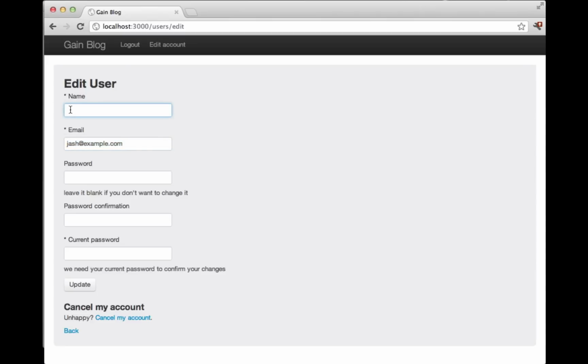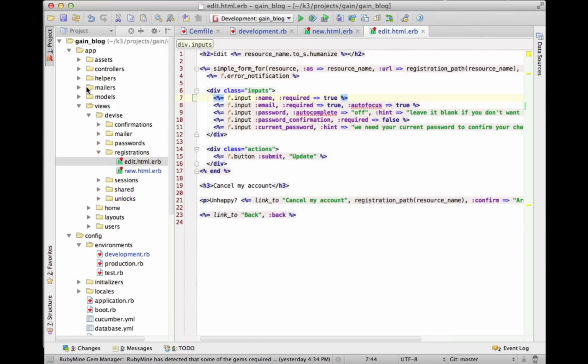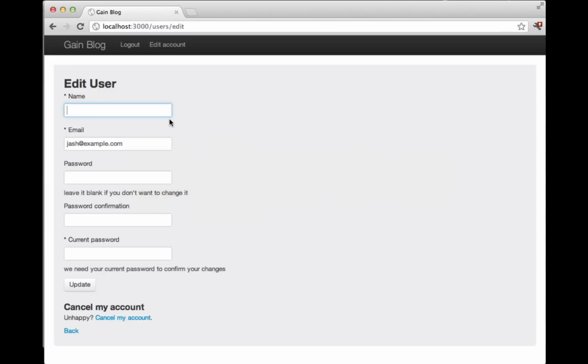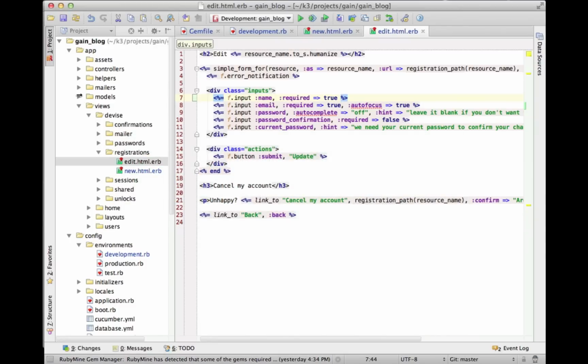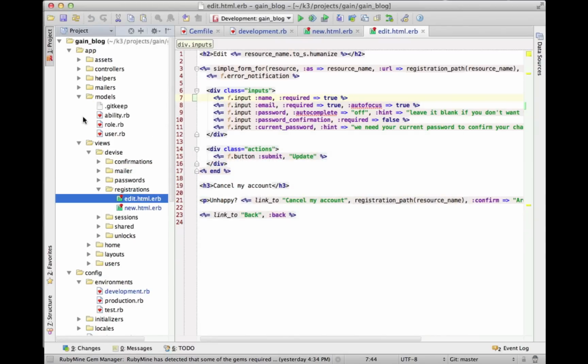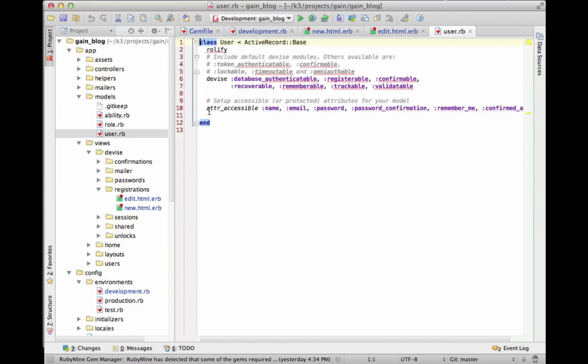Now I can type a name, but notice that it says that the name is required, but it actually isn't. That's an optical illusion. We said to make it show as required here, but there's nothing actually forcing it to be entered. So in order to force a user to enter something, we're going to have to go change the model. Now the model is over here, the user model, and so we'll add here to the model, we'll say